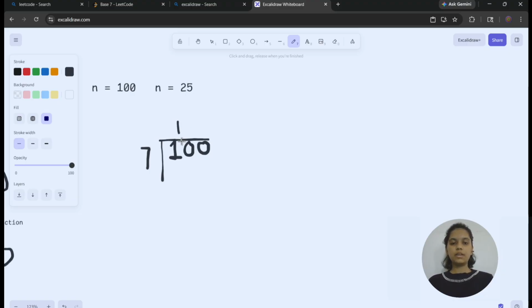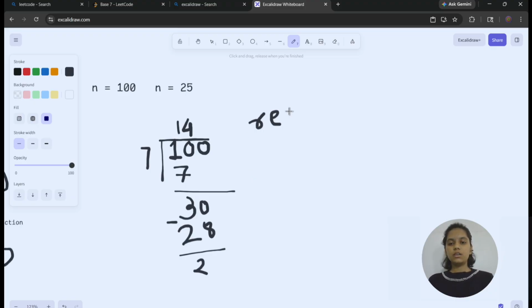Here I get 14 as the quotient, and the remainder is 2. Now I have to add the remainder to the resultant string. Here I am taking res. After that it is 2.